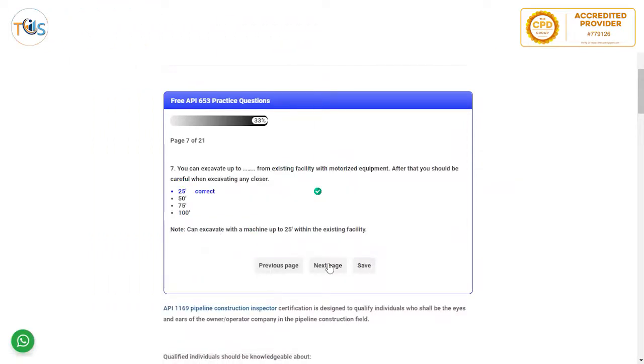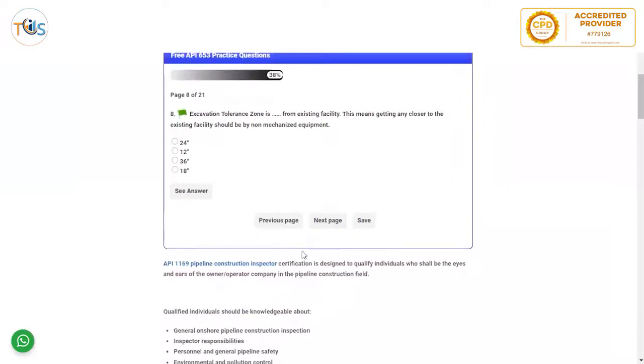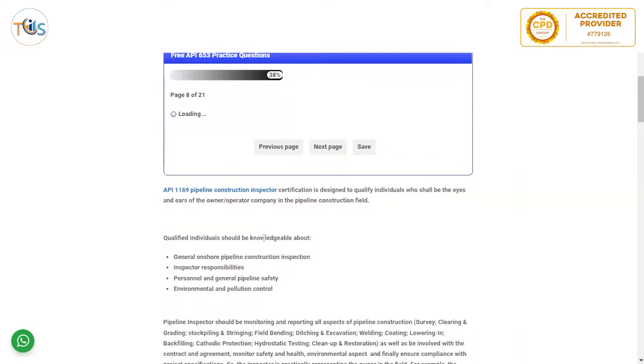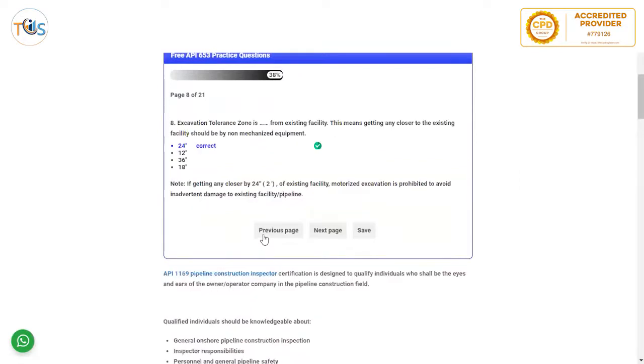So, this one, excavation tolerance zone is 24 inch, I guess, from existing facility. This means getting any closer to existing facility should be by non-mechanized equipment. So any further, you need to use non-mechanized equipment for excavation, to be careful, because mechanized equipment is not that accurate when excavating, and you might damage the existing